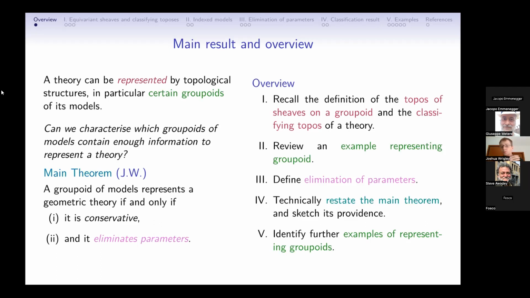So we're going to put formal meaning to this vague sense of being represented by a topological structure. To do that, we're going to talk about classifying topos theory, which is going to be the logical side of our representation. And we're going to talk about toposes of sheaves on a topological groupoid, and that's going to be our topological structure side. And we're going to say that something is represented by something else if they're equivalent as toposes. We're going to review an example of a representing groupoid